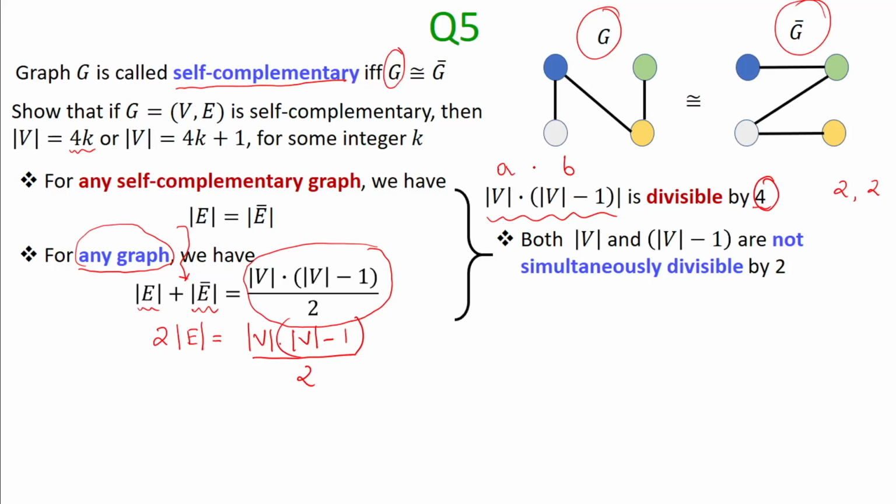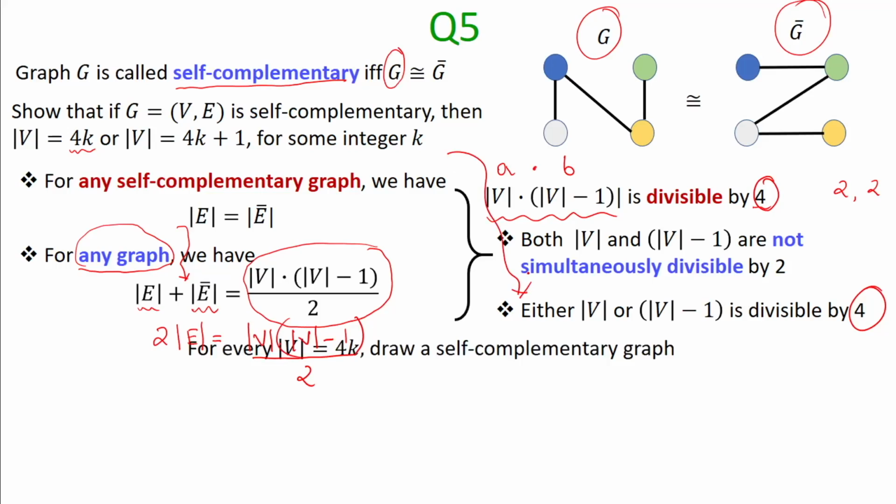But since I know that the product of A into B is divisible by 4, then that is possible only if either A is divisible by 4 or B is divisible by 4, right? If both A and B would have been individually divisible by 2, then I can't claim this fact here. But since I know that both A and B cannot be simultaneously divisible by 2, but the overall product A times B is divisible by 4, then that is possible only when either A is divisible by 4 or B is divisible by 4, right? And that shows what we wanted to prove here. Okay,